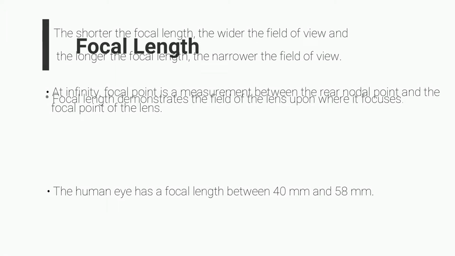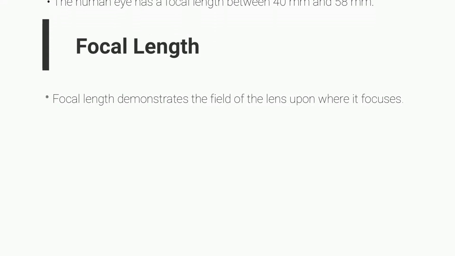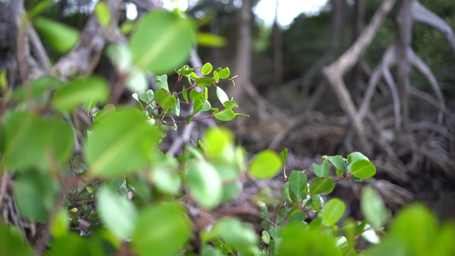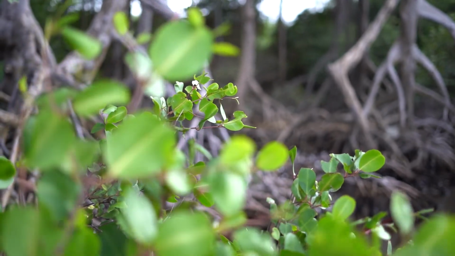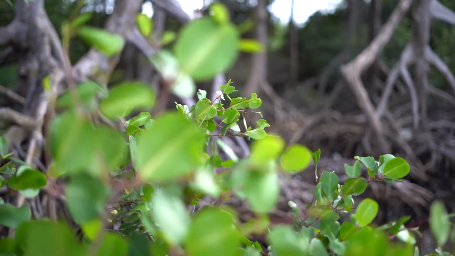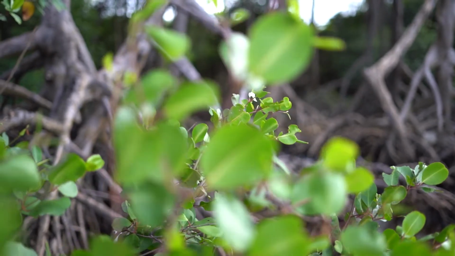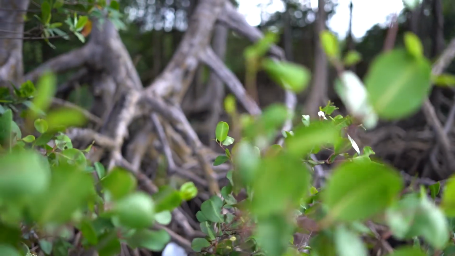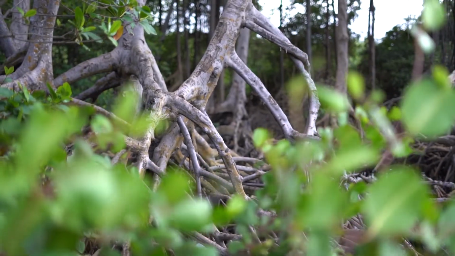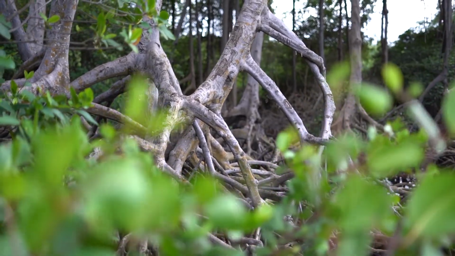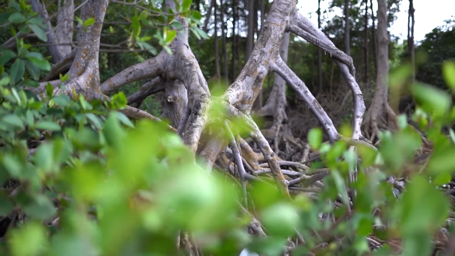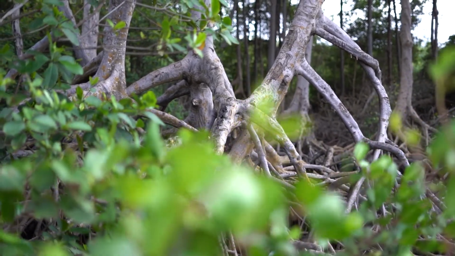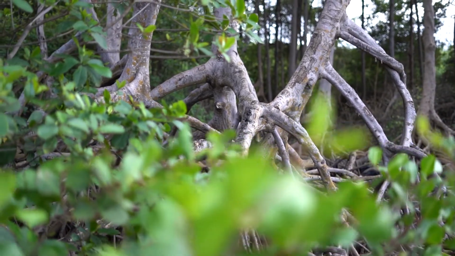The shorter the focal length, the wider the field of view. The longer the focal length, the narrower the field of view. It measures the distance between the rear nodal point and the focal point of the lens while the lens is focused to infinity. The purpose of a photographic lens is to take parallel rays of light and converge them into a single point of focus to be recorded, either on a piece of film or